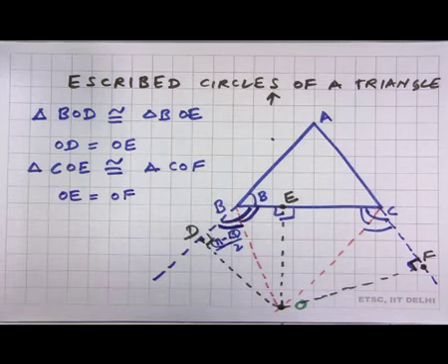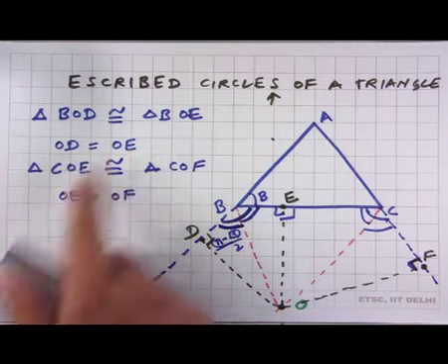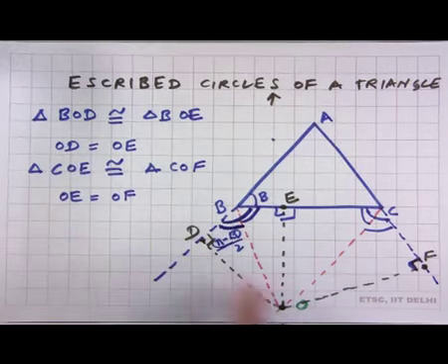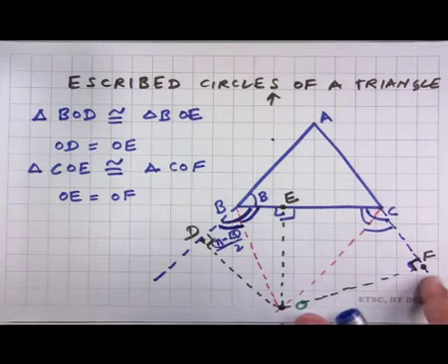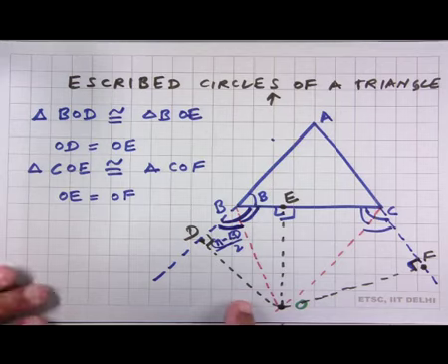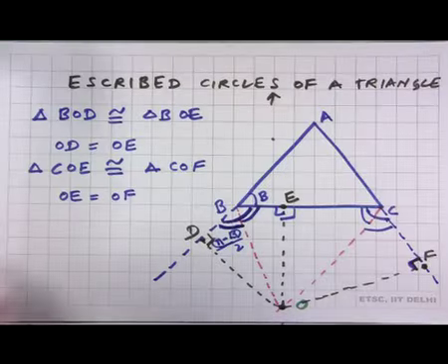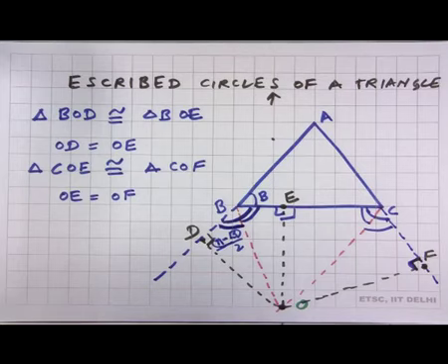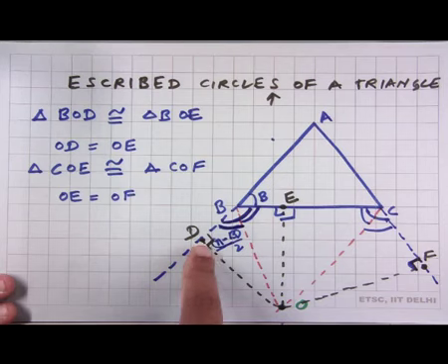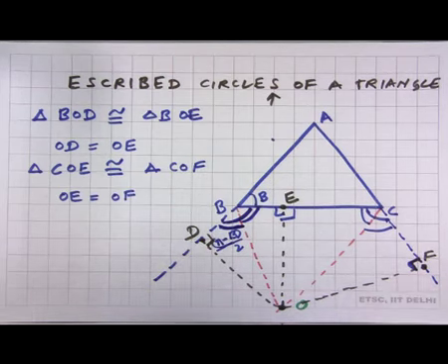And therefore, what we see here is that OD, OE and OF are all of equal length. Please note that this figure is not drawn to scale, so they might not appear to be equal, but mathematically they are all of equal length. And since we have 3 points here, points D, E and F, and these points are not collinear,